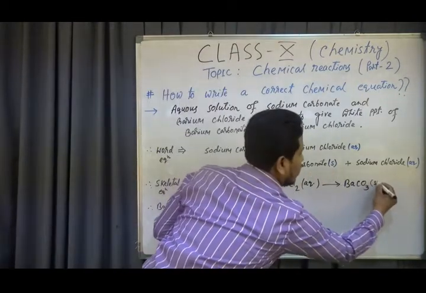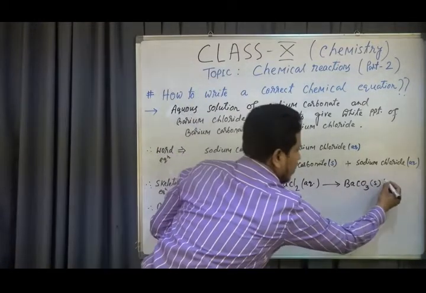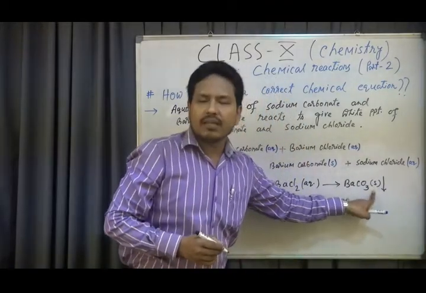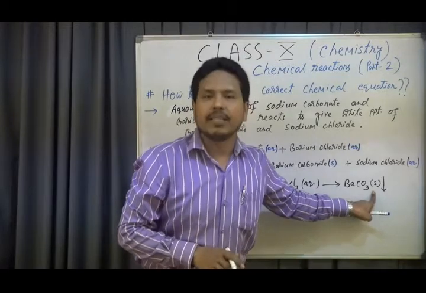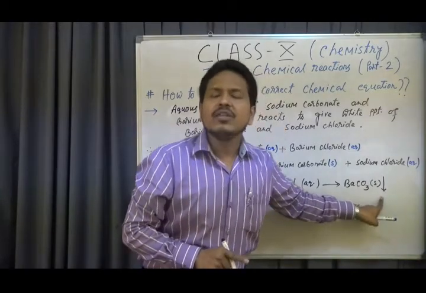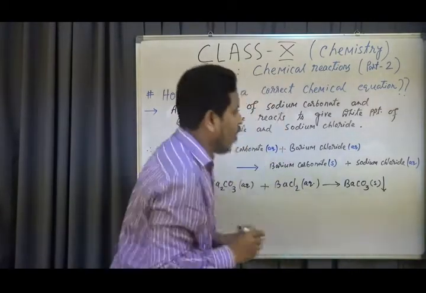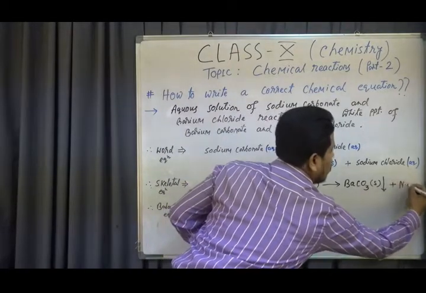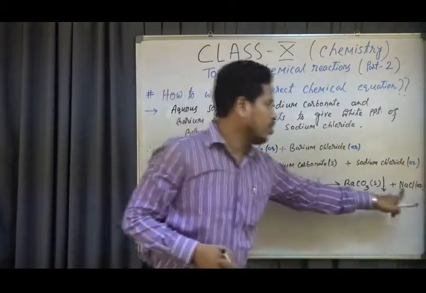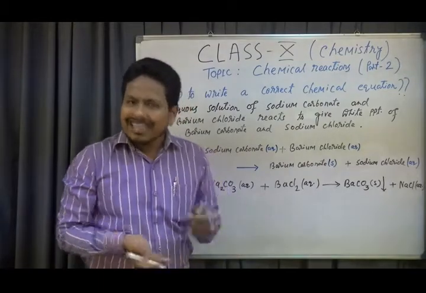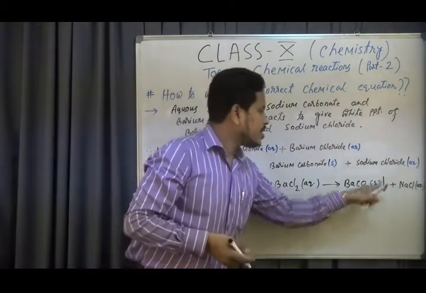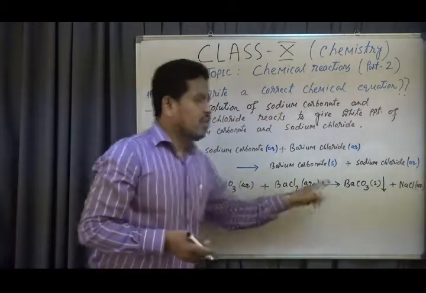So this is solid. So this is water insoluble, that is we have to write what? A downward arrow here, means this is a water insoluble solid substance that has to settle down. This is called a precipitate. My dear students, mind it, note down, this is called a precipitate. So a downward arrow is to be written for an insoluble product, if any. So precipitate is formed, plus sodium chloride, you know, table salt, NaCl, it is aqueous solution, water soluble. We know sodium chloride, common salt, table salt, every day we are eating, this is water soluble, that's why aqueous solution. So my dear students, this is what? Skeleton equation. Why? The equation is not balanced.